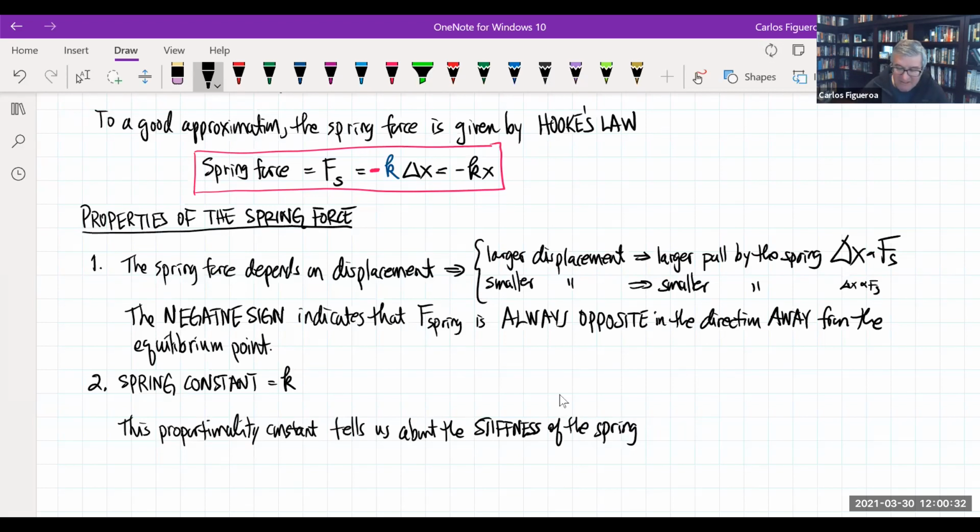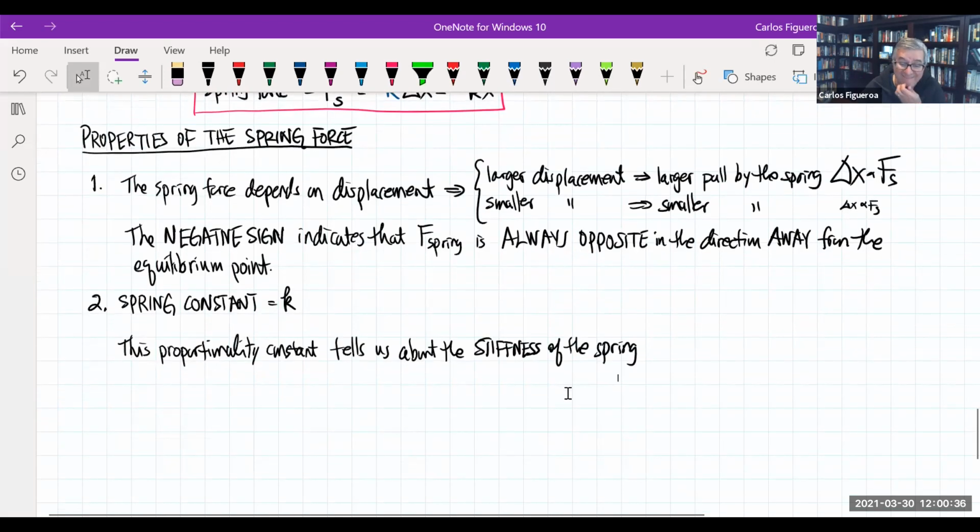It's about the stiffness of the spring. So what do I mean by that? Well, if I have a large spring constant,